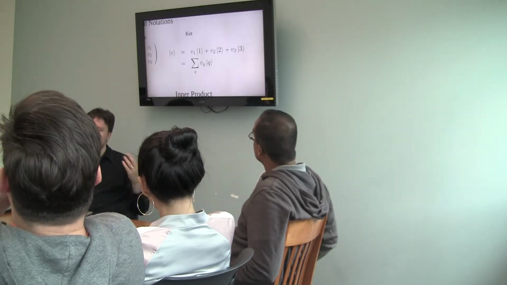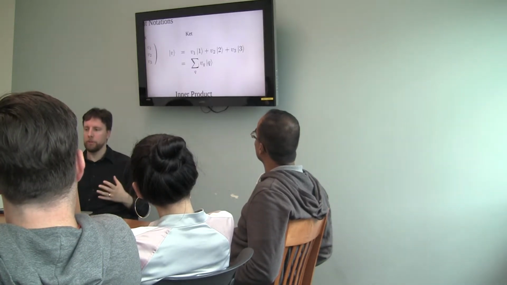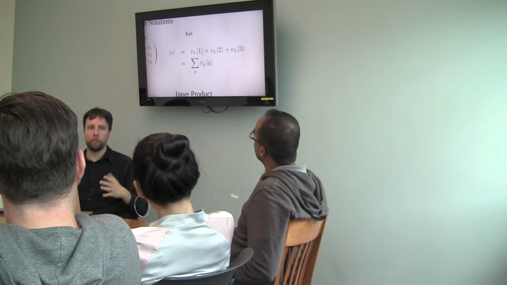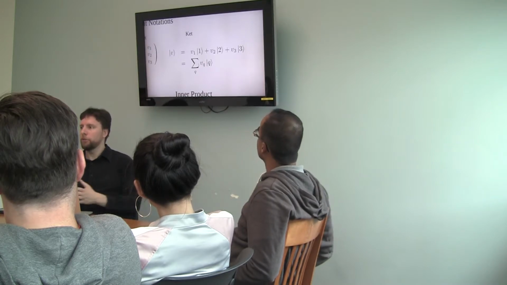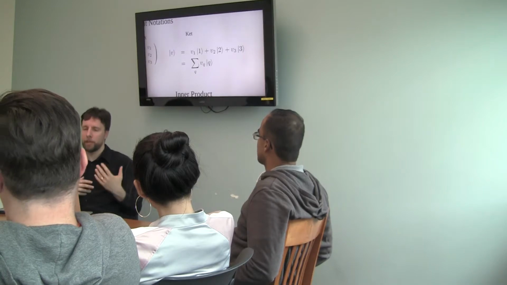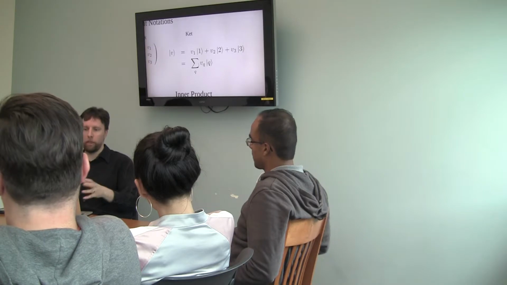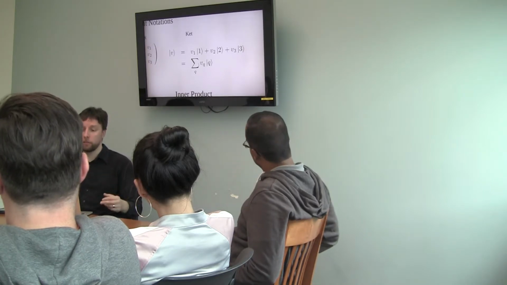We can write this as a sum as well. And hopefully the sum notation will help you think about possibly having more than 3 dimensions to a vector. So if we're not talking about positions in regular space, if we're talking about some other concept that can be represented by vectors, we may have more than 3 dimensions to our vector space.